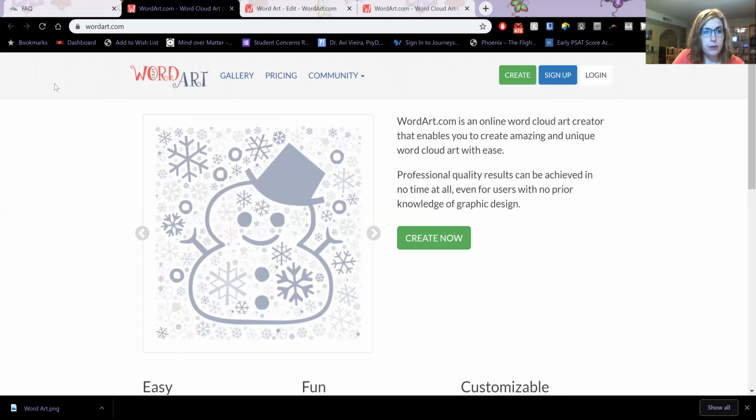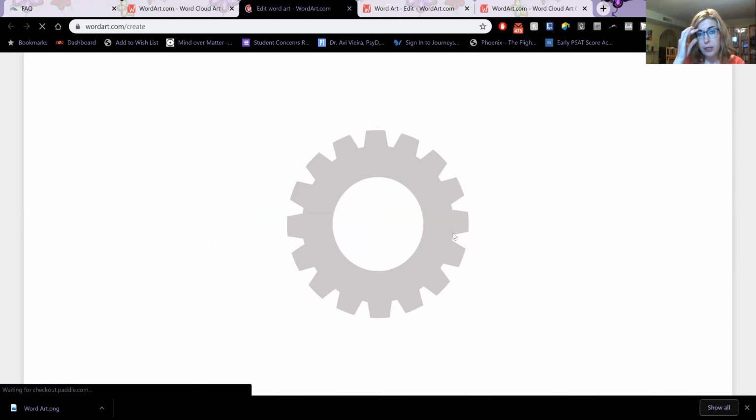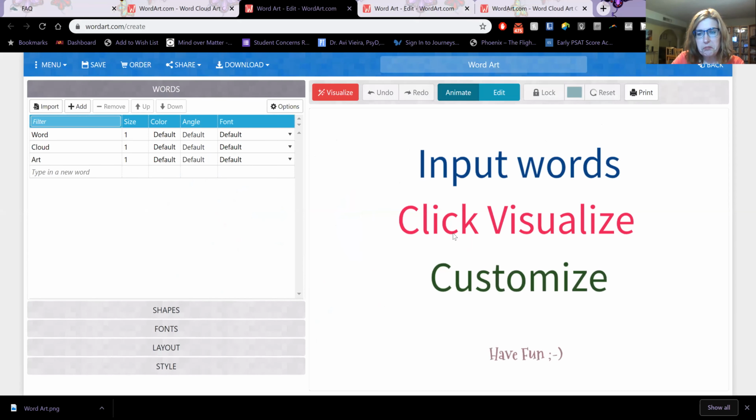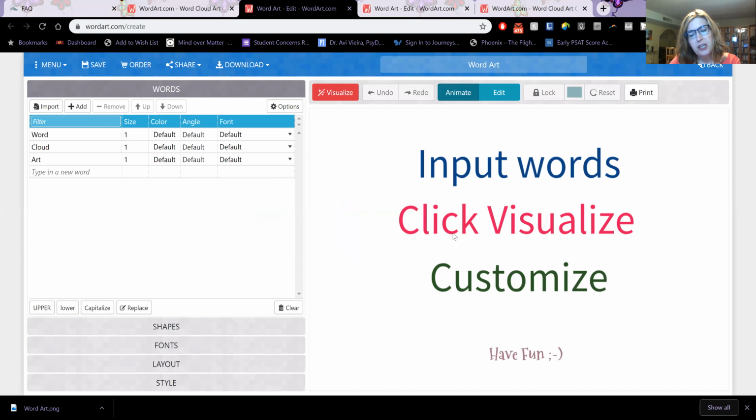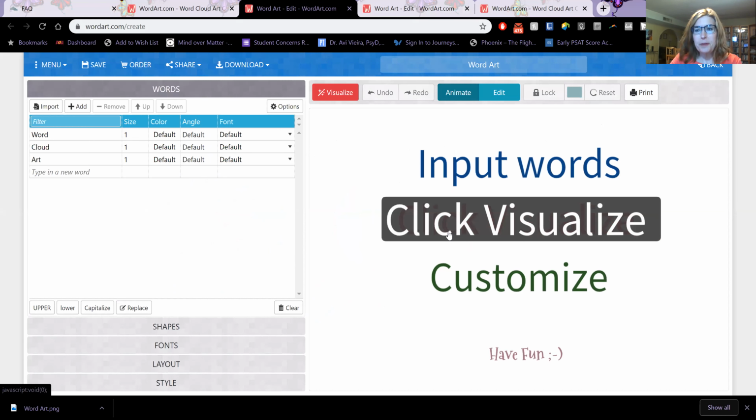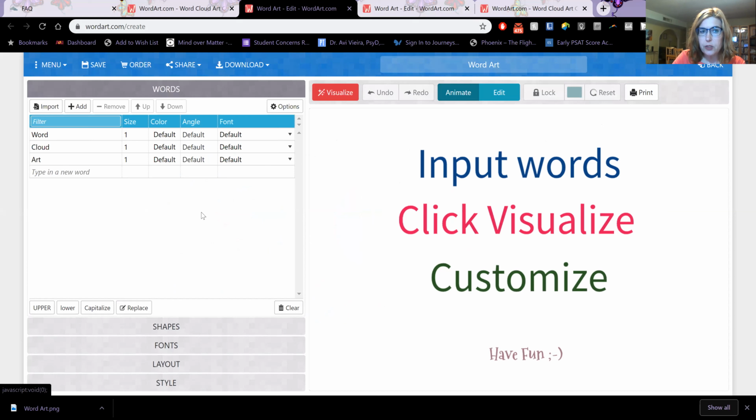So we'll get started doing that very quickly. I'm going to share my screen so you can see how to do that. We are going to use a website called wordart.com. You'll just click create now. You can log in or sign up to save your work, but you don't necessarily have to. I would recommend saving it just in case we want to edit it later. So what we're going to do is take survey data and enter it in this words area and give it the correct size, and we'll use our color set to be able to create a word